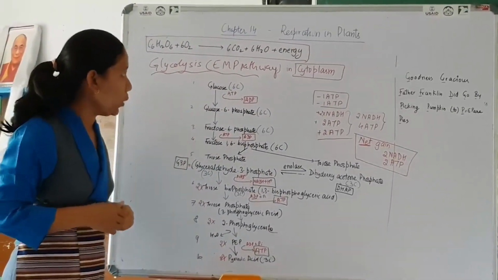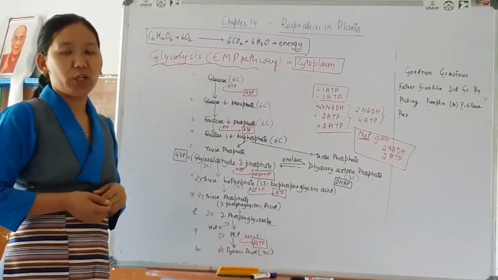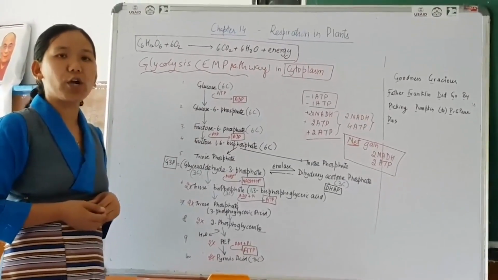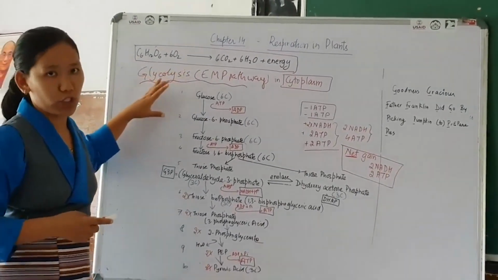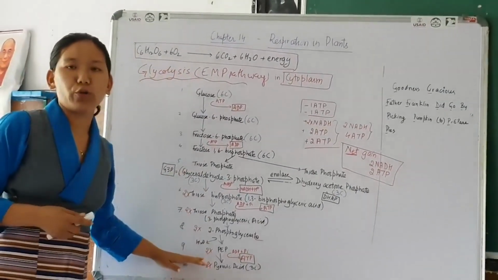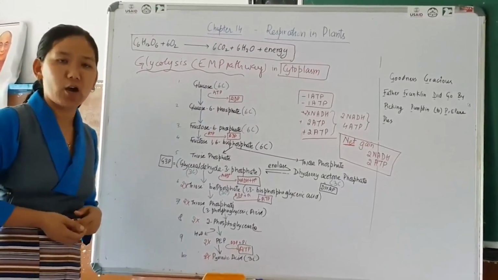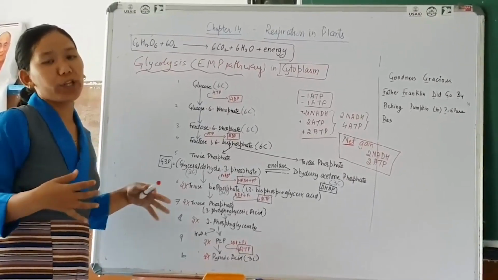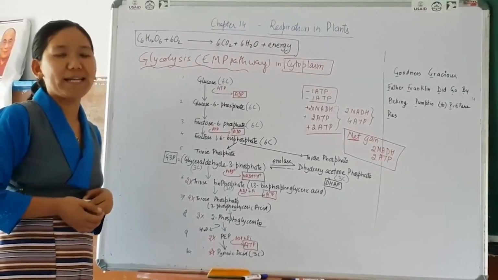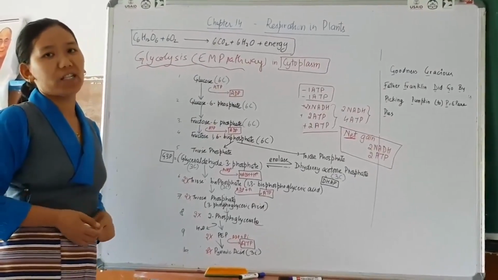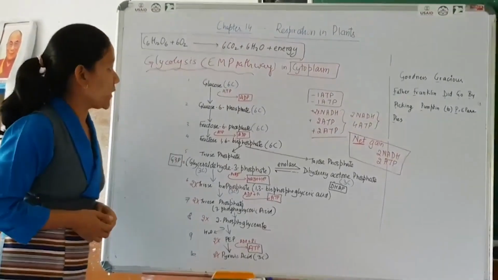Okay, well, now during aerobic respiration, we discussed that it is a complete breakdown of glucose, and here is a partial breakdown of glucose. This glucose is broken down into 2 molecules of pyruvic acid. Now this pyruvic acid must undergo further breakdown so that all the carbon in the pyruvic acid is converted into carbon dioxide and energy is released. And that energy is usually converted into ATP at the final step of respiration.